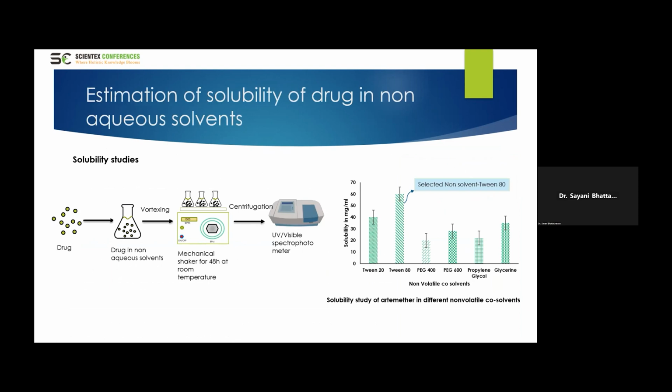So in any liquisolid compact, as I discussed earlier, the non-volatile solvent selection is important. The solvent should be selected depending on the highest solubility of the drug in it. So in our study for artemether, we have selected Tween 20, Tween 80, PEG 400, PEG 600, propylene glycol, and glycerin as different non-volatile solvents, and we have screened them by a normal solubility study where we have taken the drug in